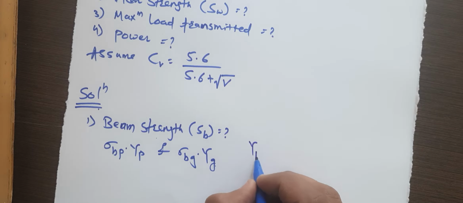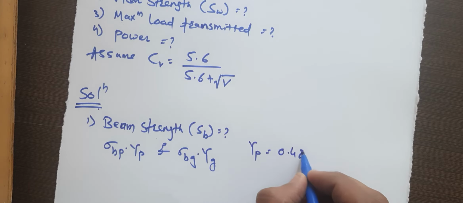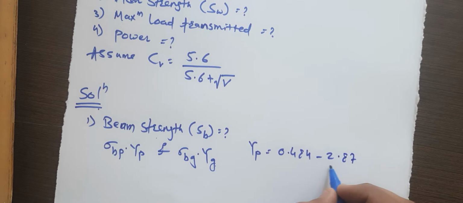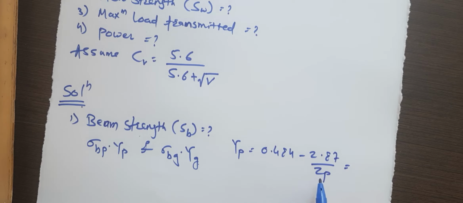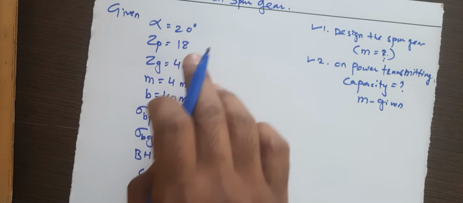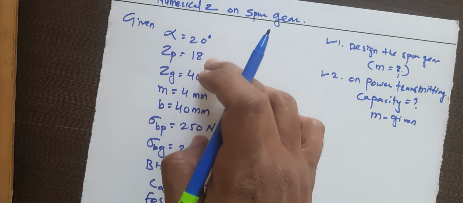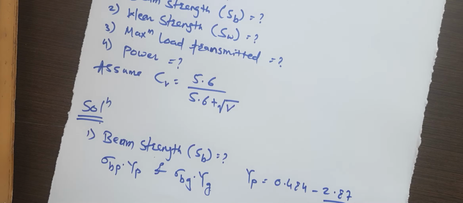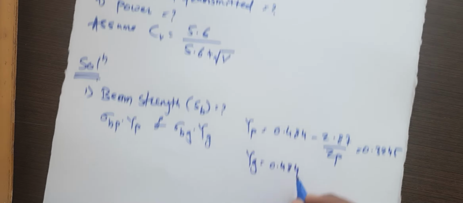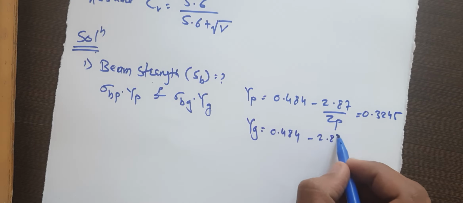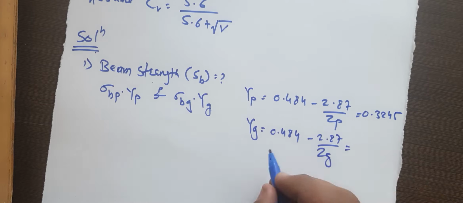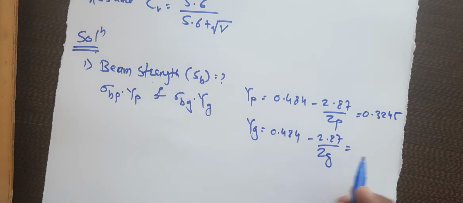So for the 20-degree full depth involute system, YP is 0.484 minus 2.87 divided by ZP. If you substitute the value of ZP as given here, ZP is 18 and ZG is 40, so if you substitute ZP as 18, you will get YP as 0.3245. Similarly, YG is 0.484 minus 2.87 divided by ZG. Again, if you put the value of ZG here, you will get